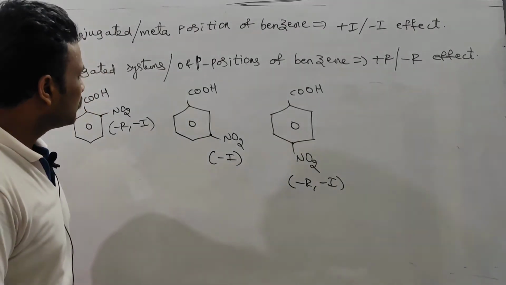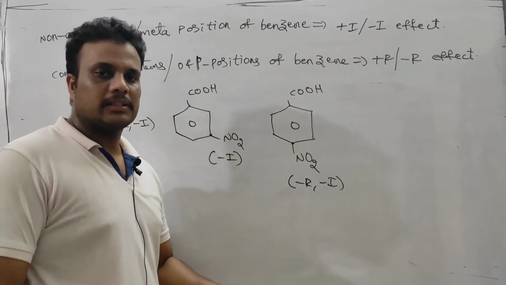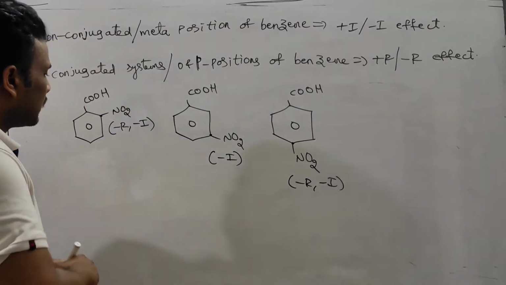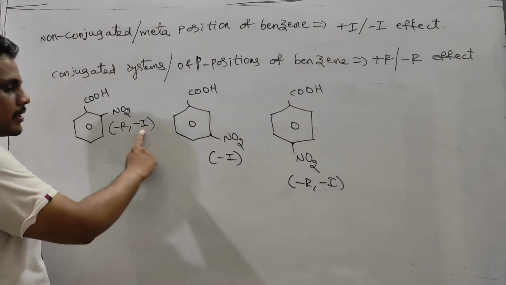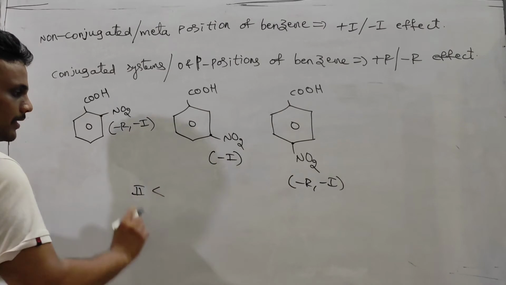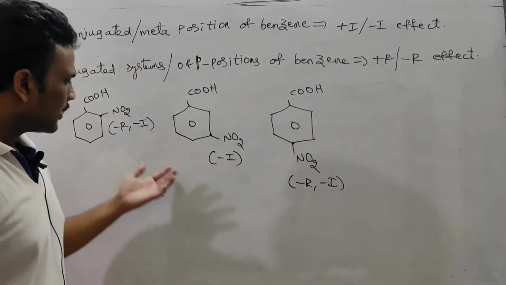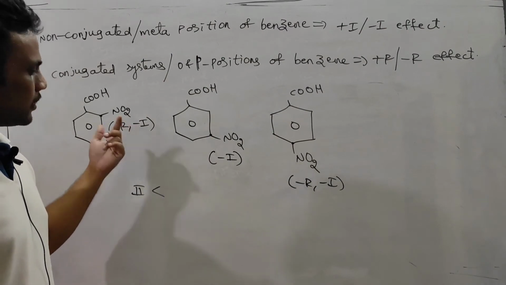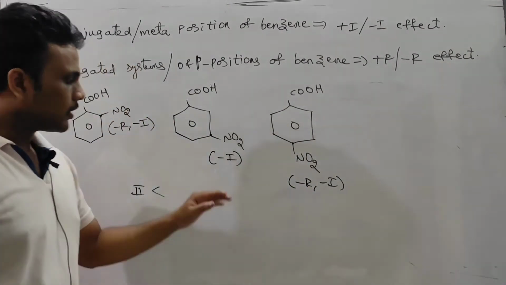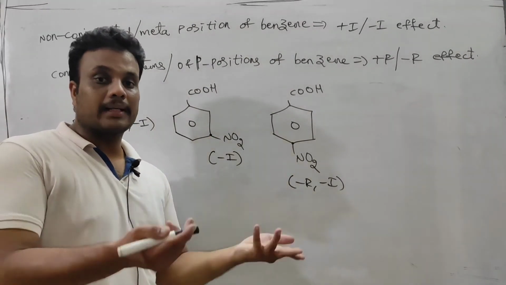So when you talk about the acidic strength of these three acids, we know very well that in acids, electron withdrawing groups increase the acidic strength. So electron withdrawing nature: double withdrawing, single withdrawing. So the second one should be least, because in all these three minus I is common, but in addition to minus I, the dominating minus R effect is there in this one and this one. So now it comes at the least, and between these two, which is more acidic?